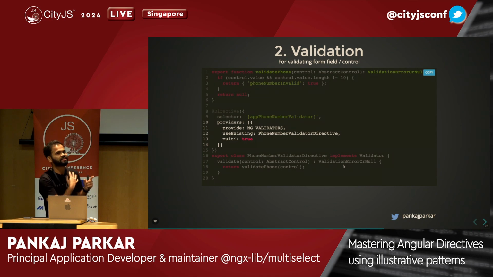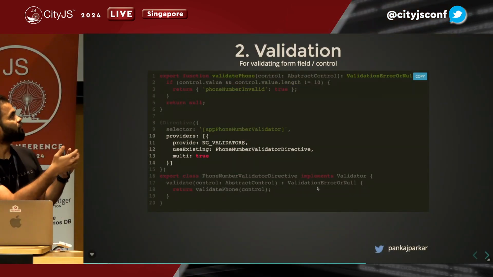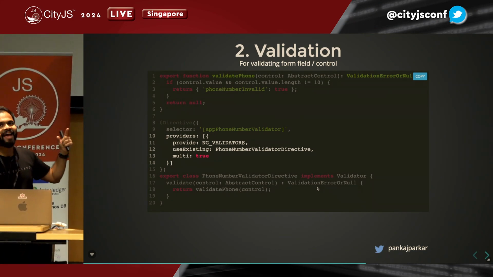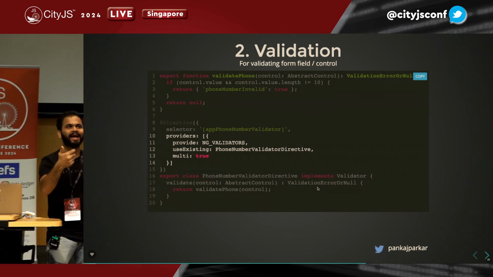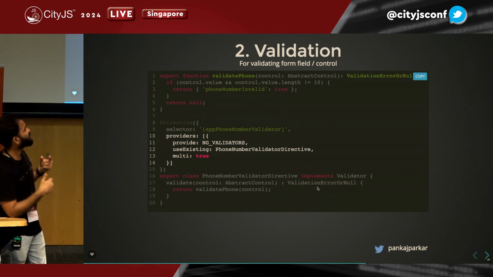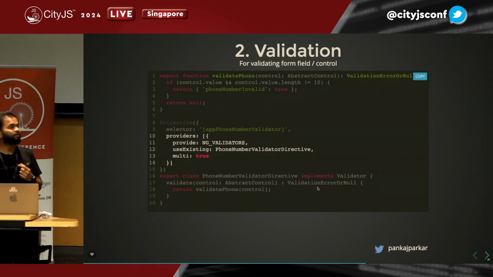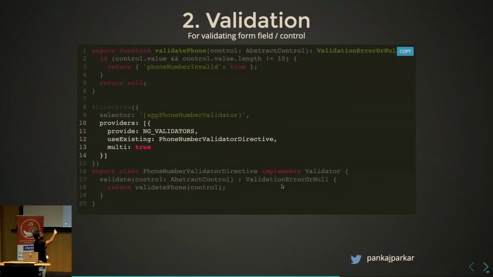So basically what happens is, DI is a dependency injection thing, that is inversion of control. So basically they have tokens. So for a specific token, you can say how it should get the value, how that token should resolve. So over here, I just say provide needs a token, which is NG_VALIDATORS. In Angular, it is very specific. And then you can say use existing function that I wrote here. And every time it comes to validating this particular directive, it will call that function which we have written